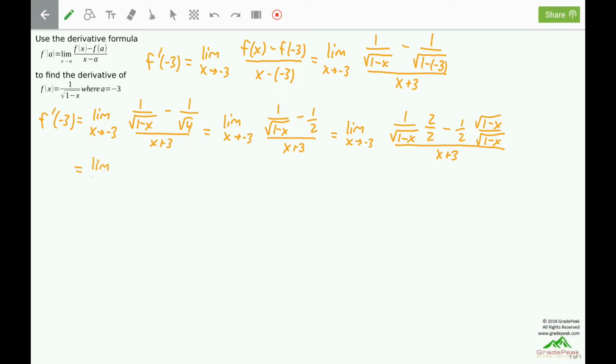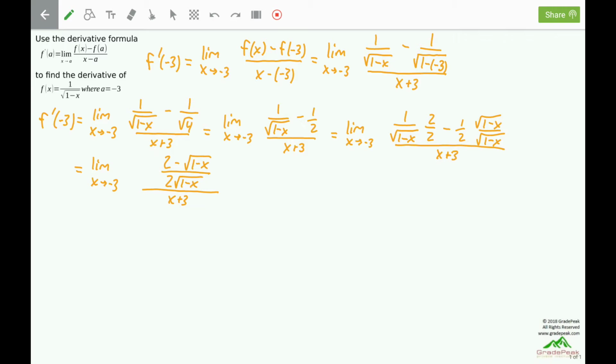So we have the limit as x goes to negative 3 of that first one multiplying the numerator. 1 times 2 will give us a 2. The second one multiplying the numerator, we have a 1 times the square root of 1 minus x. And it's being subtracted, so minus the square root of 1 minus x. They will now be over the common denominator, which is the denominators multiplying each other, which is just 2 times the root of 1 minus x. And all of this is divided by